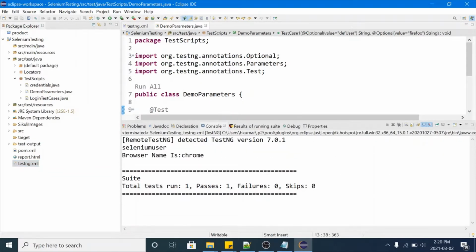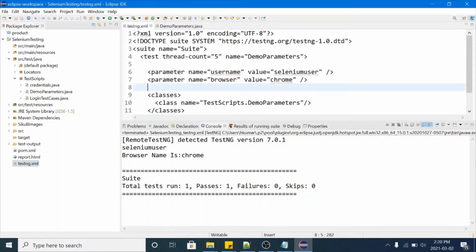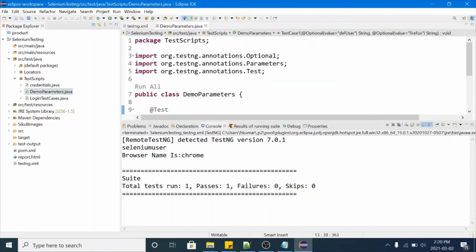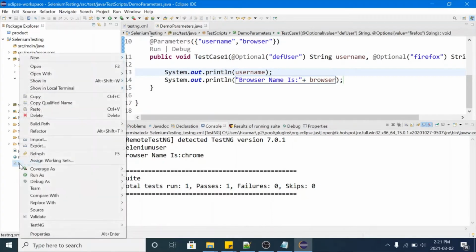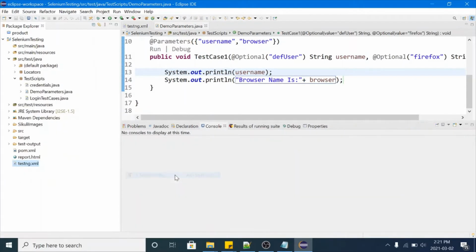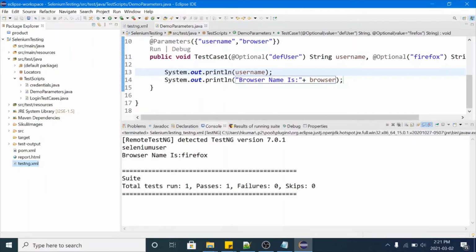It's showing us browser name is Chrome and Selenium user. So we are passing the browser name from here, that means it is Chrome. If I delete this entry, the default value is Firefox, so in this case it will print Firefox here. Let me run the test case again. Have a look. It's printing Firefox.